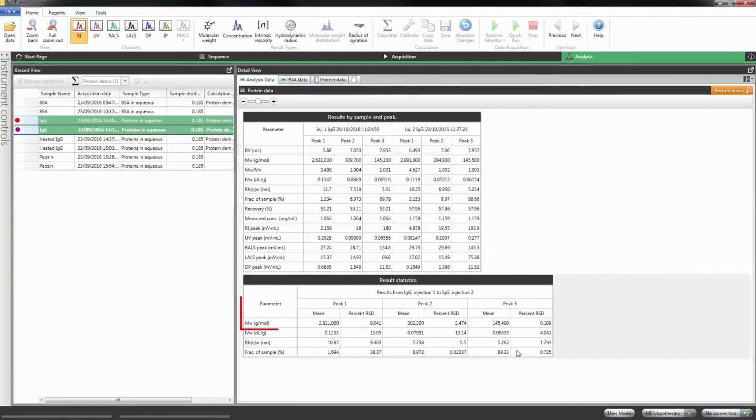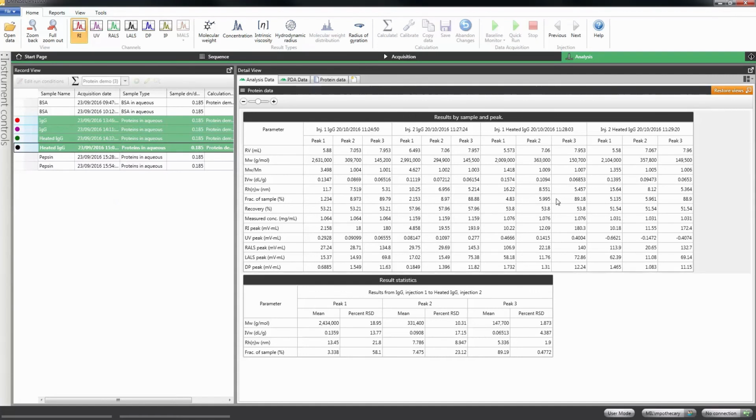So we can see for the monomer and the dimer molecular weights, just a couple of percent or less, in fact, in the monomer case, of variation there. A little bit more in the aggregates. They're going to be a bit more variable because of their small amounts really within the sample. And so we can see that for the molecular weight, for the intrinsic viscosity, and for the RH, again, just a few percent variation in there, telling us that we've got really nice repeatable results between those samples. Of course, if I add in the 2 heated injections,